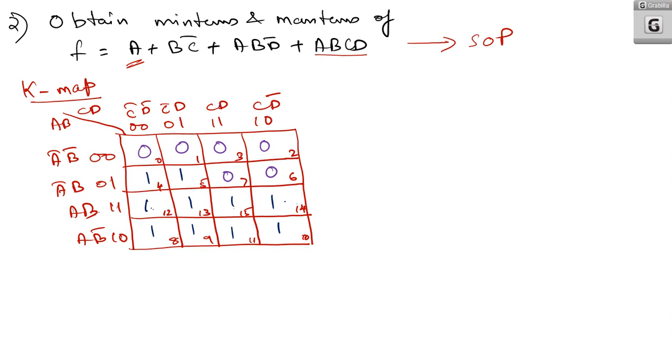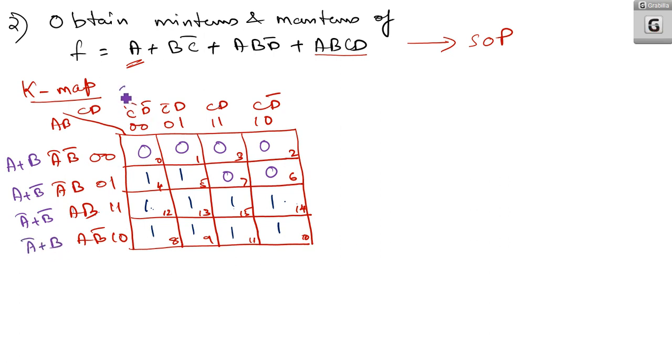Now if you are using the same K-map itself, you can go with the standard SOP form as well as the standard POS form. If it is like this, here you can write the corresponding forms: A or B, A or B bar, A bar or B bar, and A bar or B for the POS forms.